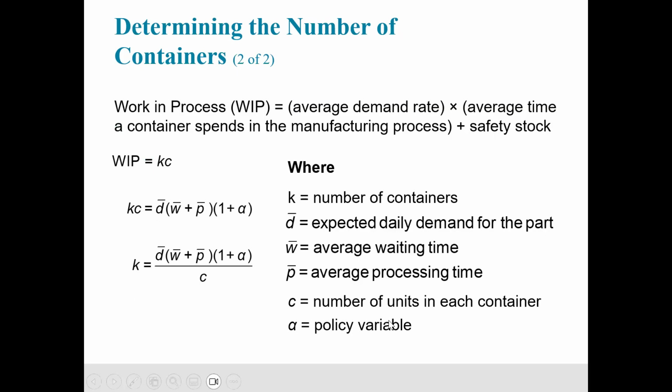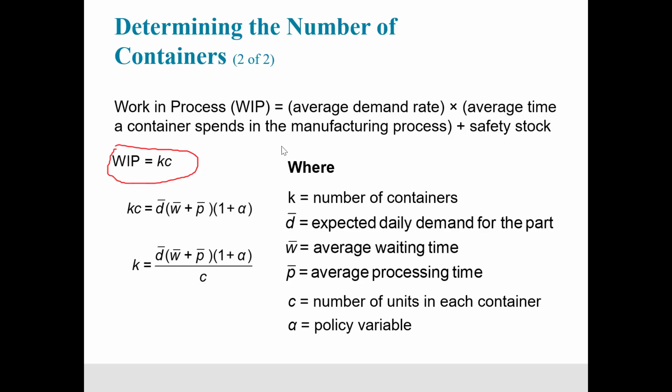And if you look at the formulas that we have here, let me pull out my pencil. The first formula we have here, WIP equals KC. That basically says that the work in process is a function of the number of containers, K, multiplied by the number of parts in each container. So if I know how many containers we're going to need to get us through the workday, and we know how many parts are in each container,